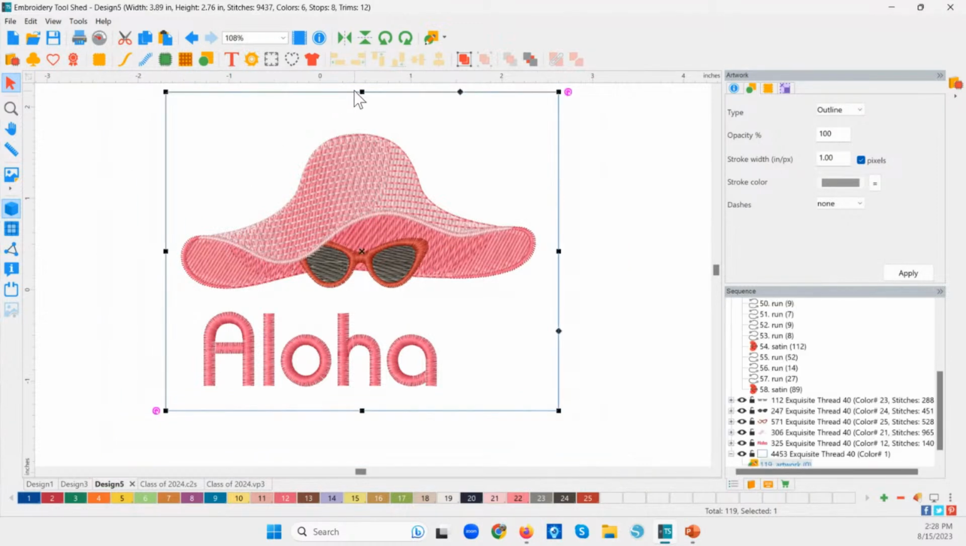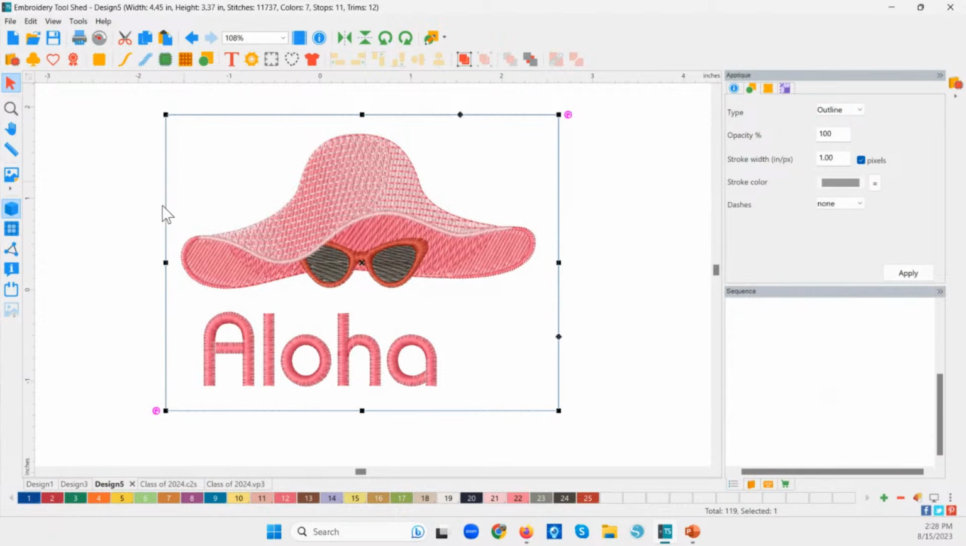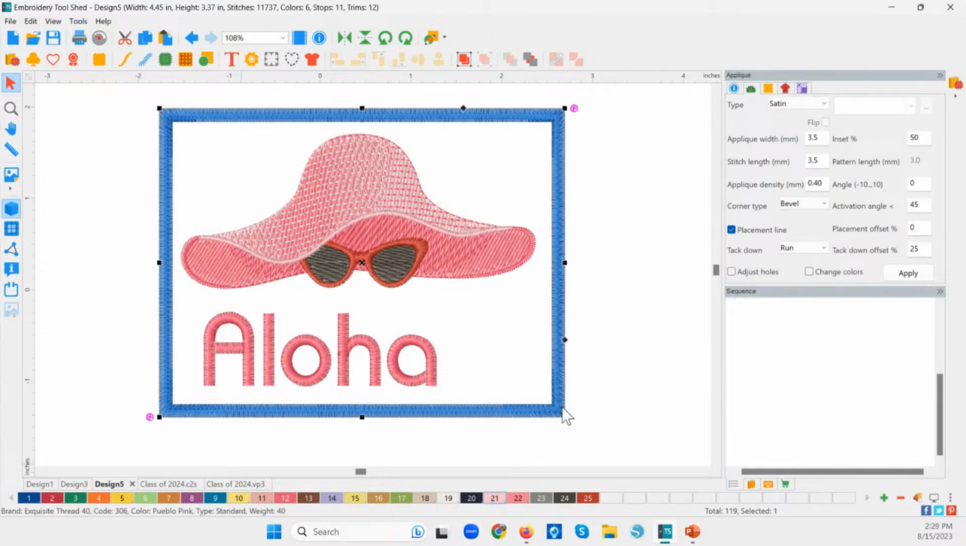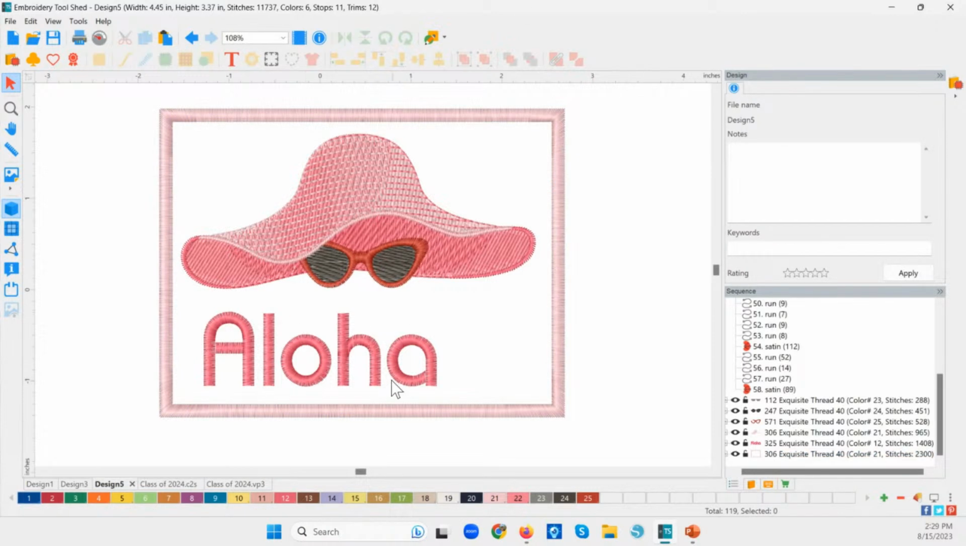And I just click and drag those handles in. So if I want to make this a patch, I'm going to click my applique option, because for a patch, I need a placement and a tack down, and then that's going to give me my satin stitch around the edge. So if I wanted to make sure this was all centered